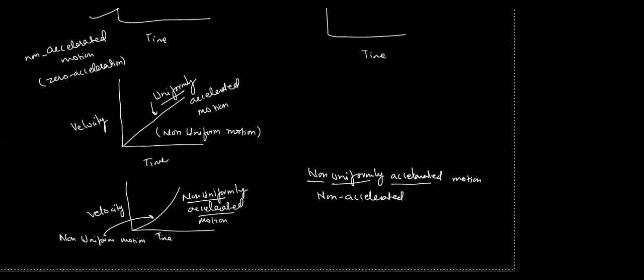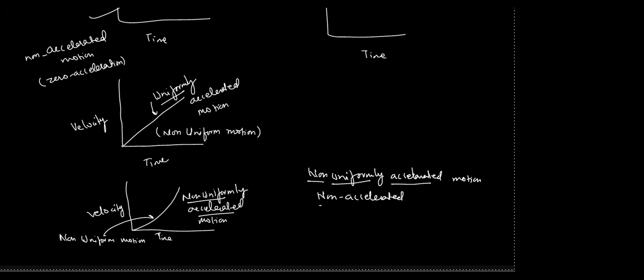In the first 2 seconds, it may be a 5 meter per second change. In another 2 seconds, it may be a 10 meter per second change. In another 2 seconds, it may be 4 meter per second, and in another 2 seconds, it may be 20 meter per second. So if the speed is changing at a non-uniform rate, the change in the speed in a particular time is not fixed. We cannot say that in every 5 seconds the speed change is constant. No, we cannot say. So here the speed is changing, but at a non-uniform rate.